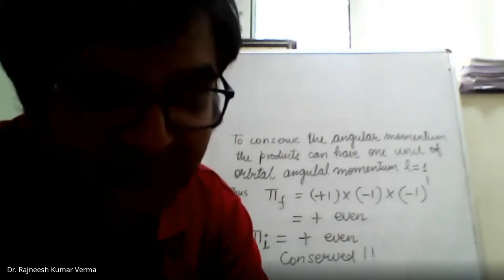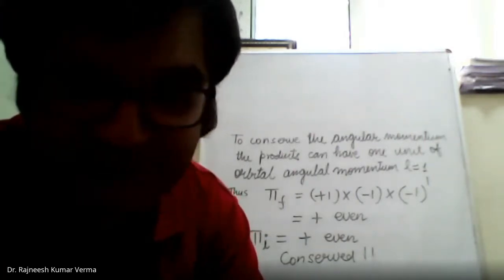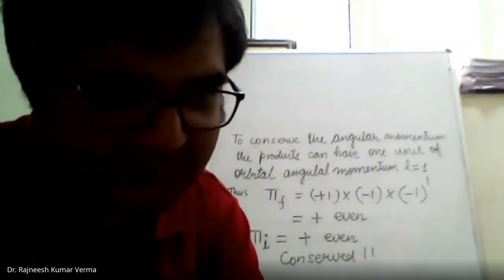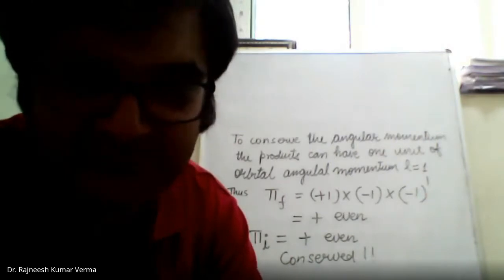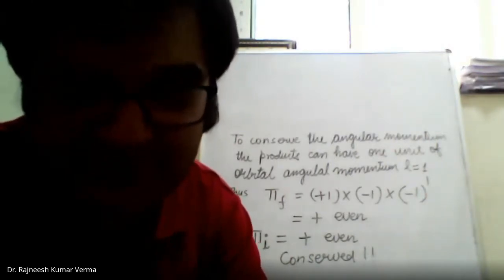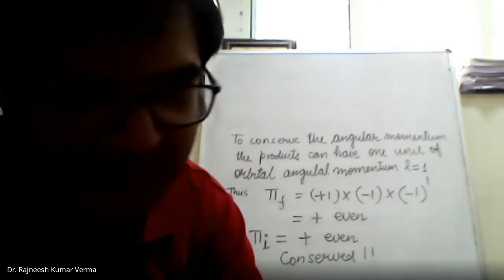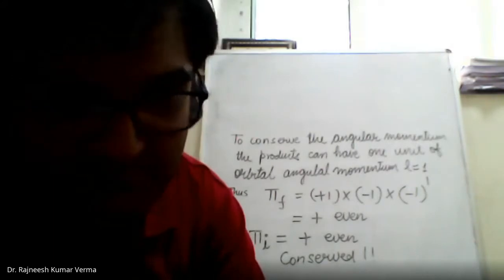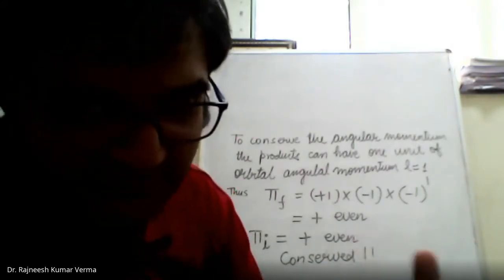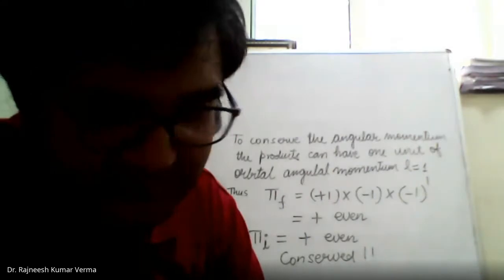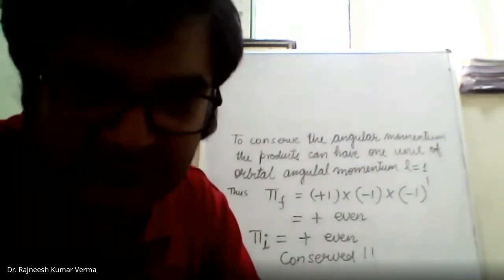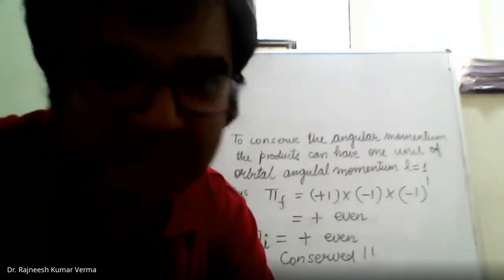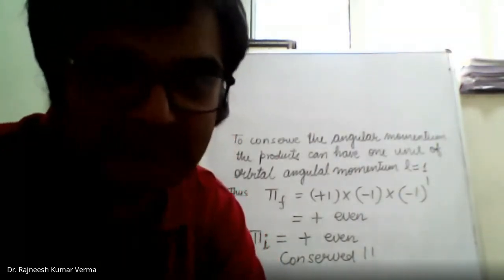Yes, but there is nothing to add or subtract. Like we have 0 and half. Whether you add or subtract, it will be half. On the right hand side, you have 3 half, 0, 0. So whether you add or subtract, it will be 3 half. So we can have one unit of angular momentum. There is a difference of one unit of L value from the reactants to the products. You can assign it either to the reactants or to the product side in order to conserve that. There may be a possibility on the basis of that.